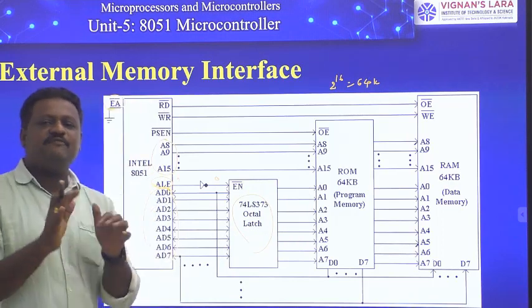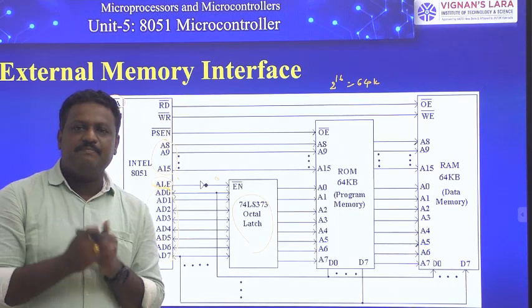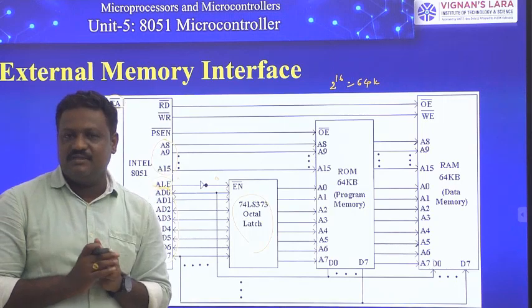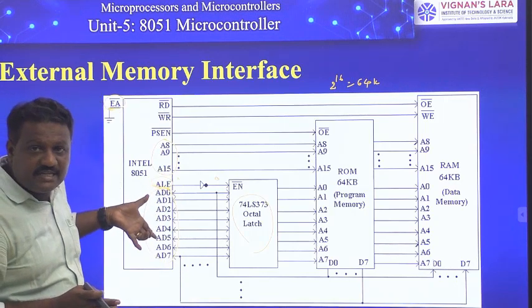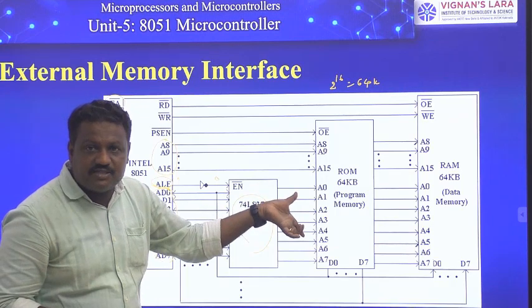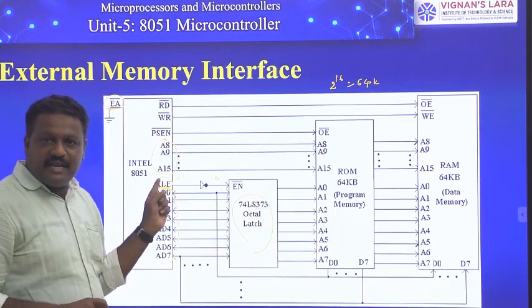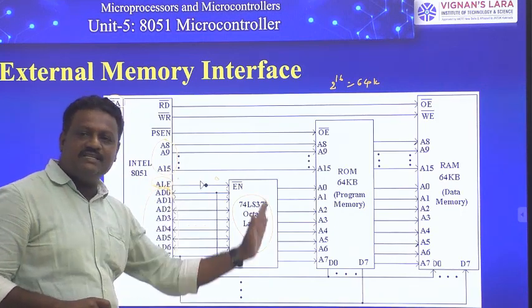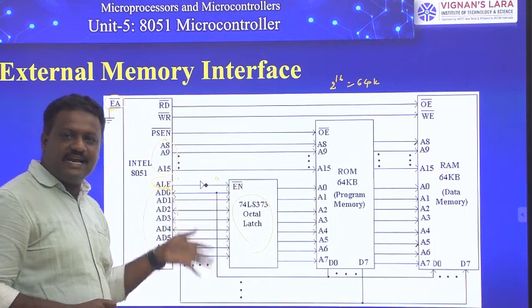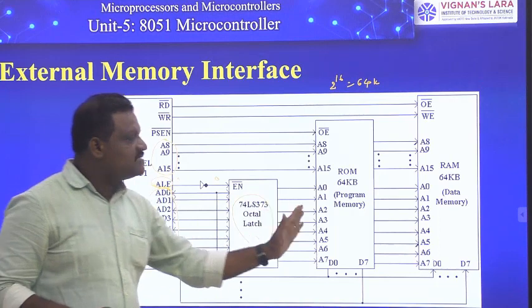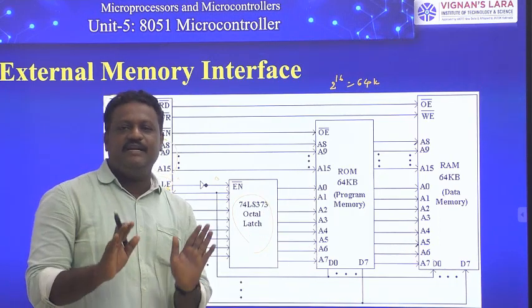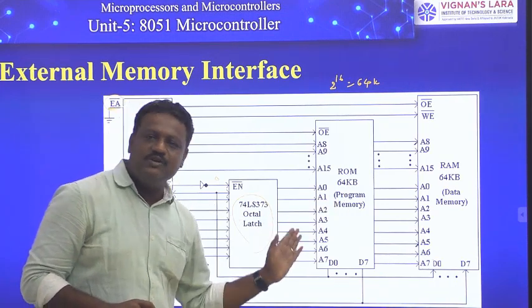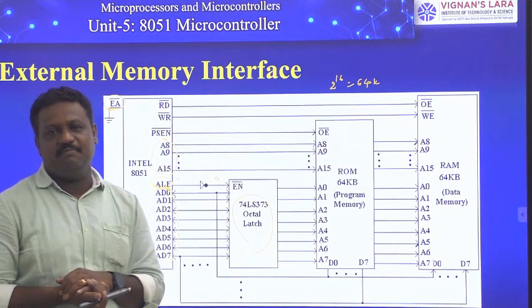Just remember, friends, the functionality of the ALE signal from the pin configuration concept. It clearly told you that if ALE is equal to 1, then these multiplexed address and data lines become dedicated address lines. So that's why it happens. ALE is 1, that means the ALE signal is active. It passes through a NOT gate, it becomes 0, which is the required signal to enable this latch. Then it will accept what is at the input side of this latch and present it at the output. At that time we get the dedicated address lines information, that is A7 to A0. The same thing is applied to both the read-only memory as well as the random access memory in parallel.